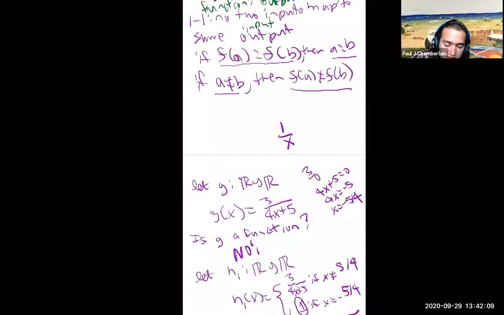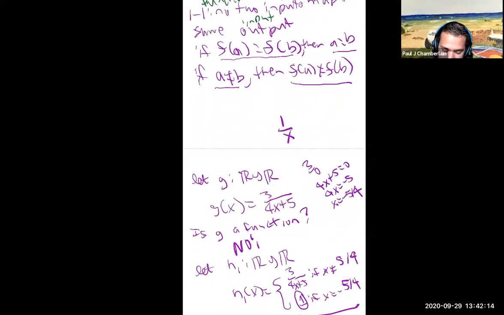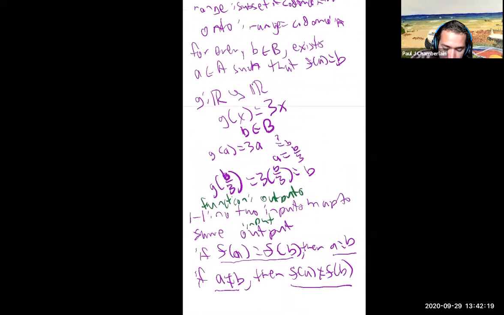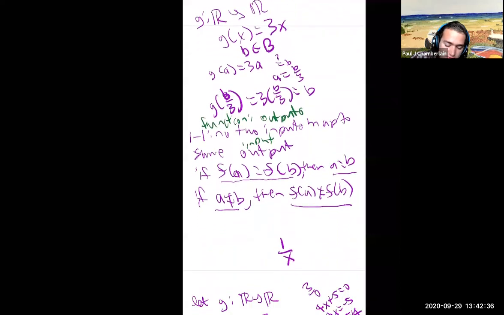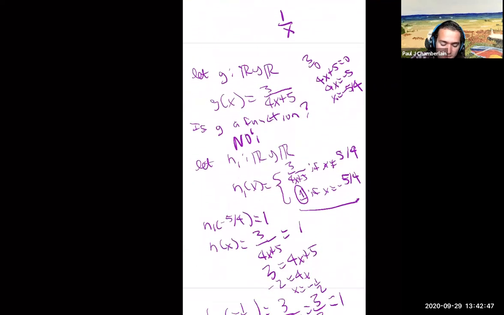To disprove an onto function, you have to find something that we can't map to. And so here we found that, okay, I erased it, but we couldn't map to negative 1. And so we found a counterexample, so it's not an onto function. There was something we couldn't map to in the codomain. To disprove a one-to-one function, we find two different elements in the domain that map to the same element of the codomain. And then to prove something is one-to-one, we consider